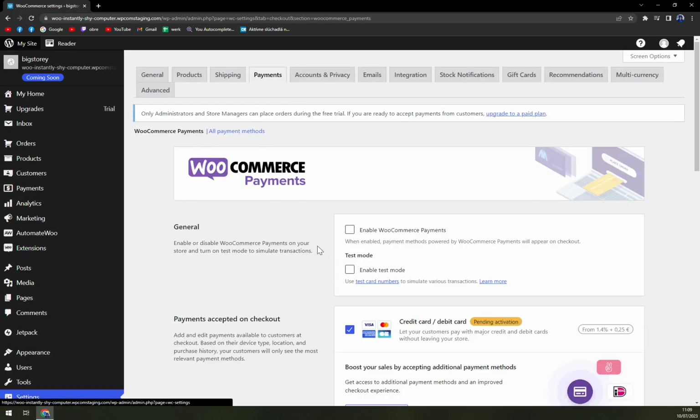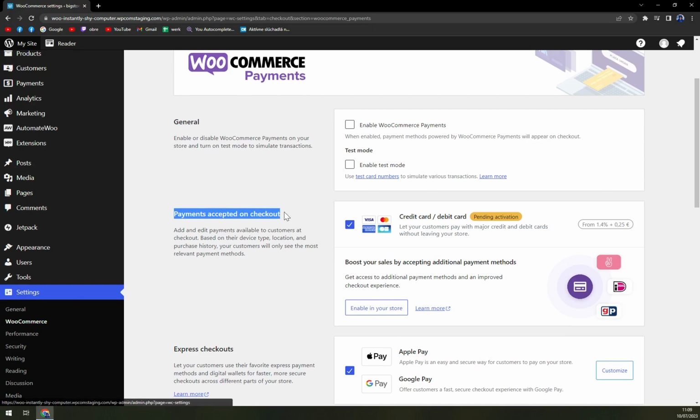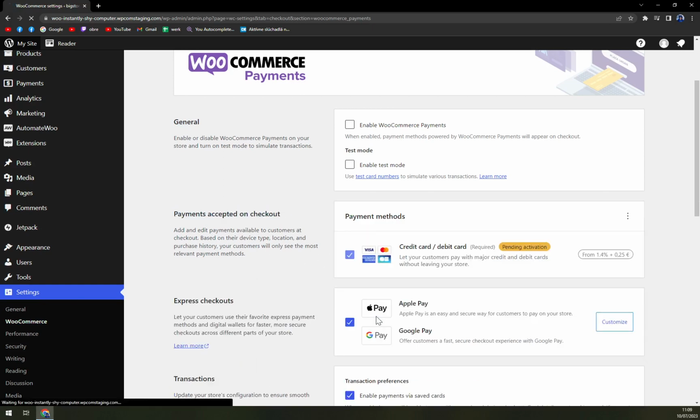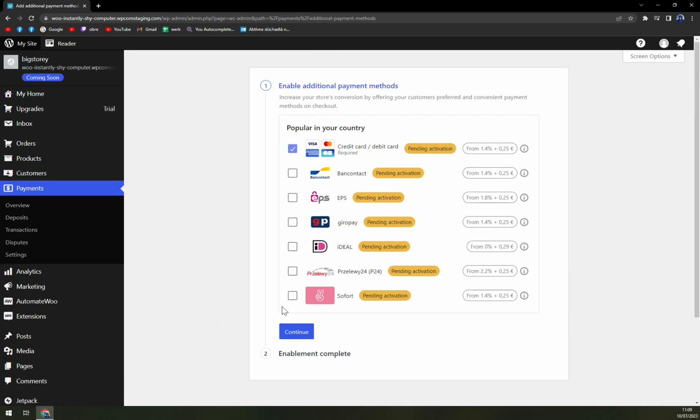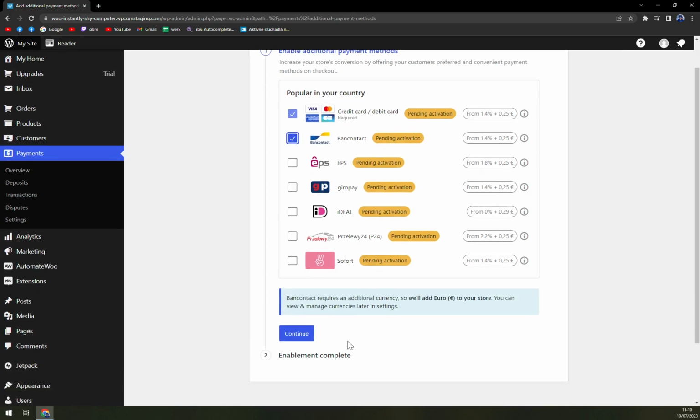If you want to jump back into the payments accepted on checkout, I'm just going to straight away show you what it means. Enable additional payment methods. As you can see, we have credit card and debit card, which is covered with Visa, MasterCard, American Express. You can also utilize bank contracts, EPS, Bureau or GiroPay, Ideal. This is some kind of Polish one that I'm not gonna try to pronounce, and so forth. For example, we want to go with bank contact,